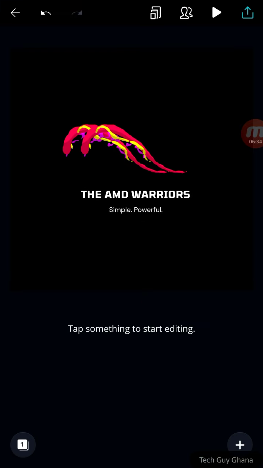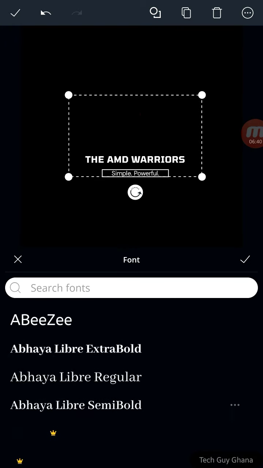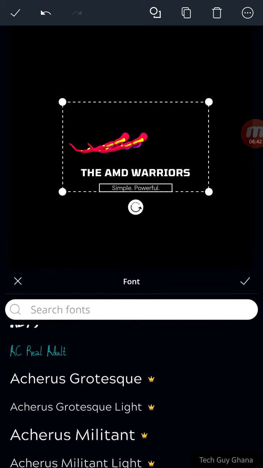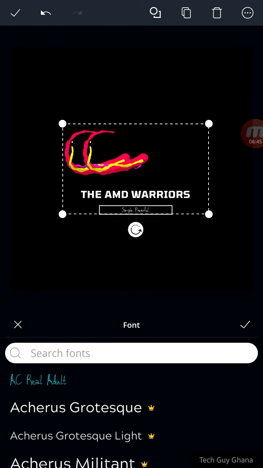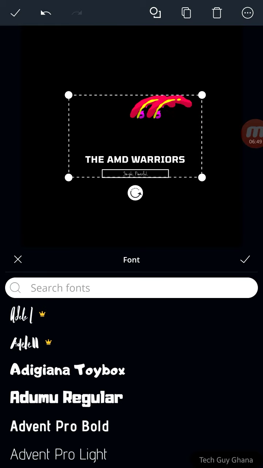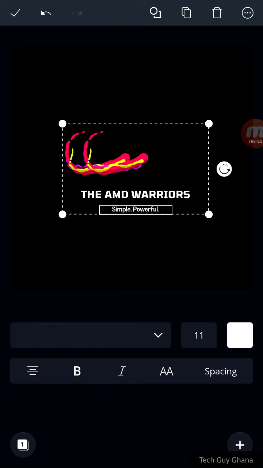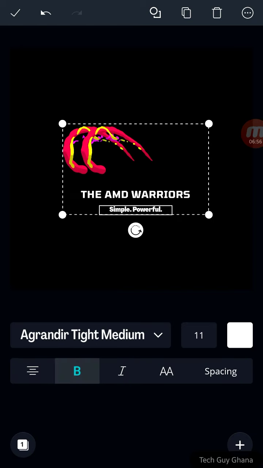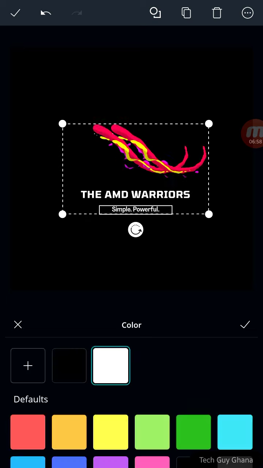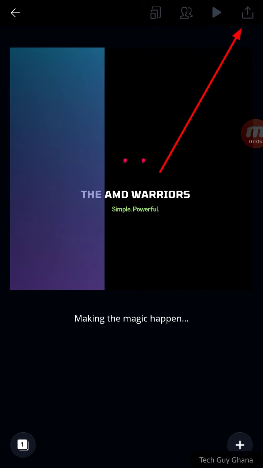If you want to change the font type, you just have to click on it. You realize there's a pop-up menu in here. You can click here to change the type that you want. Maybe I want this. Some are premium, so you can just change it to whatever font type that you want. Or if you want to make it bold, or change the color, everything you can just do in here. After that, you can just click on there, and your project will be saved.